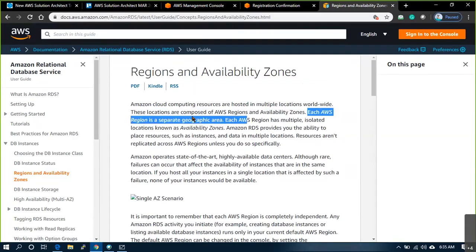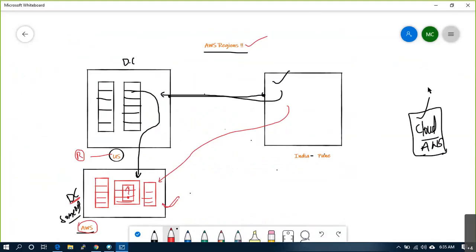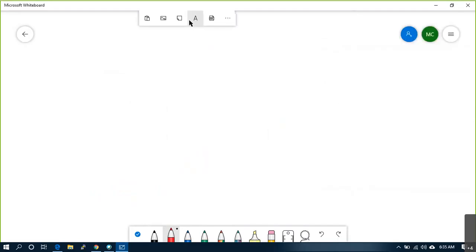Each AWS region is a separate geographic area, and each region has multiple isolated locations known as availability zones. Let's understand this. AWS regions and availability zones. So your objective, I'm just writing it here, is that you have one small